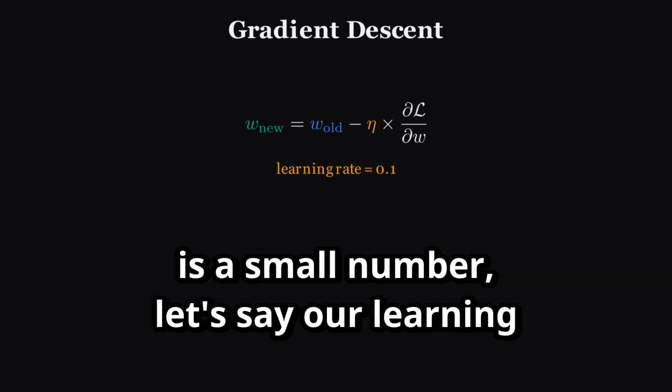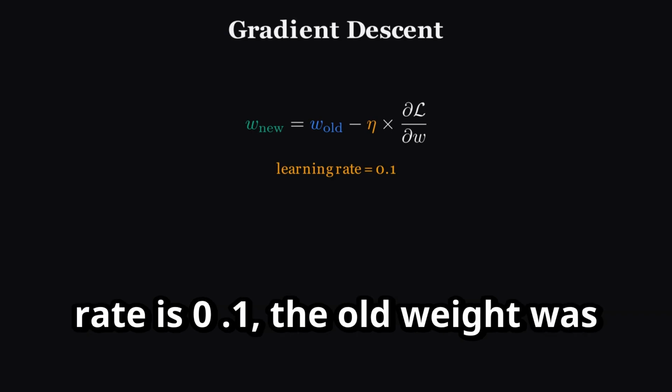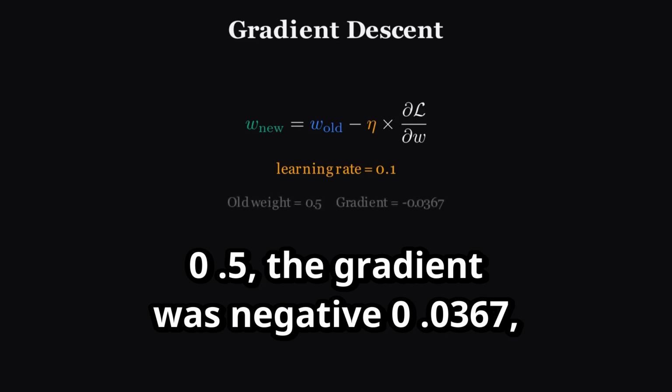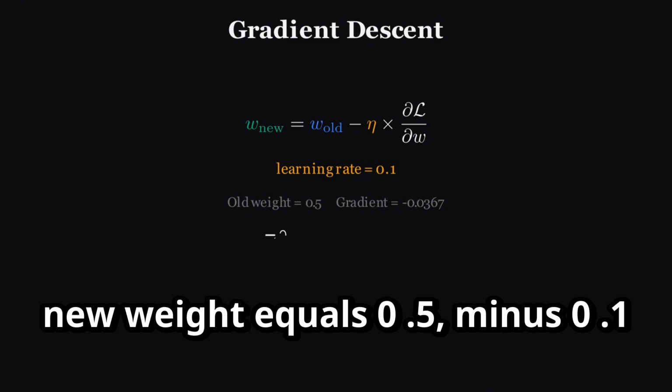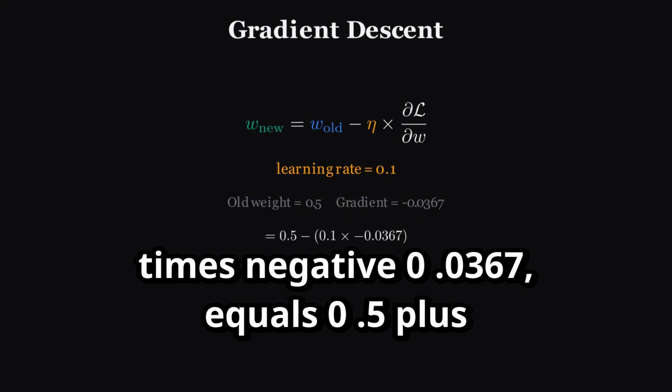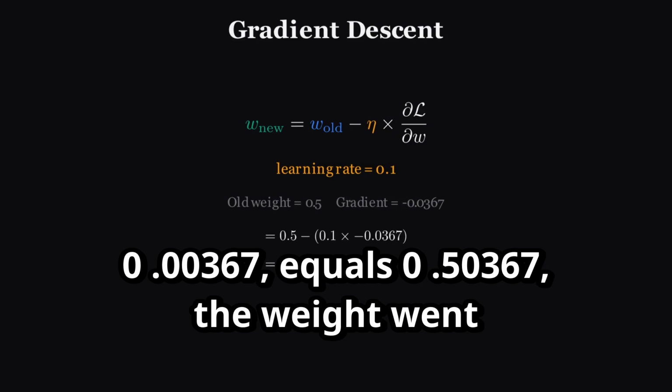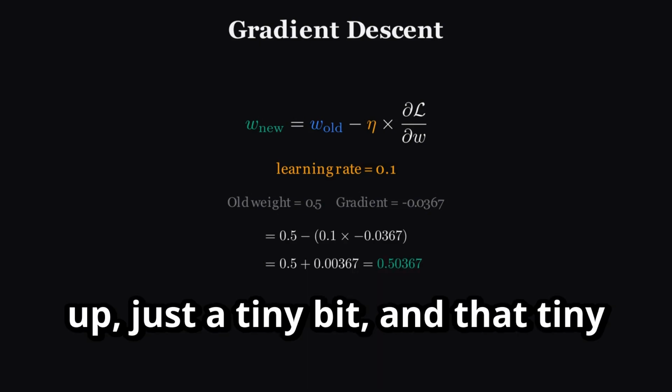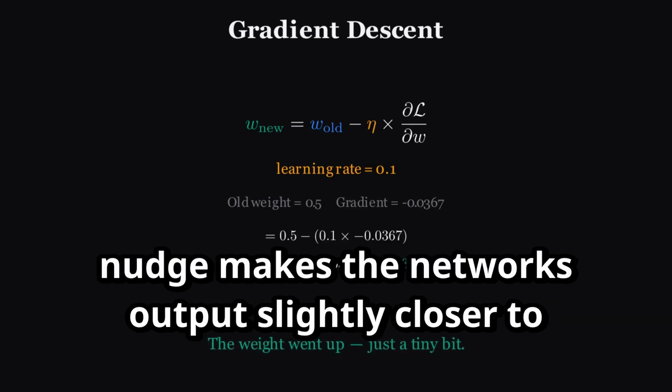The learning rate is a small number. Let's say our learning rate is 0.1. The old weight was 0.5. The gradient was negative 0.0367. New weight equals 0.5 minus 0.1 times negative 0.0367, which equals 0.5 plus 0.00367, which equals 0.50367. The weight went up, just a tiny bit, and that tiny nudge makes the network's output slightly closer to